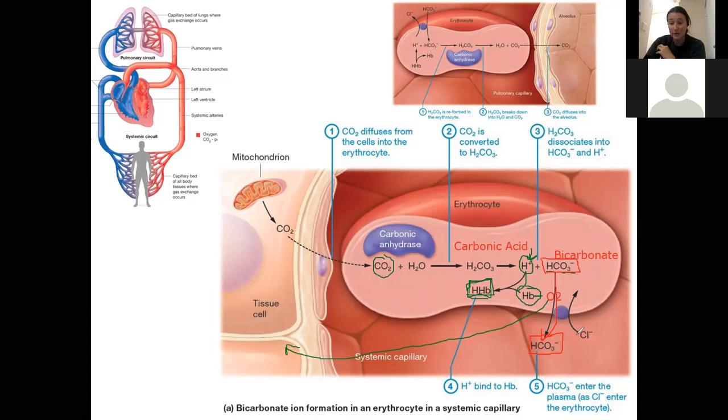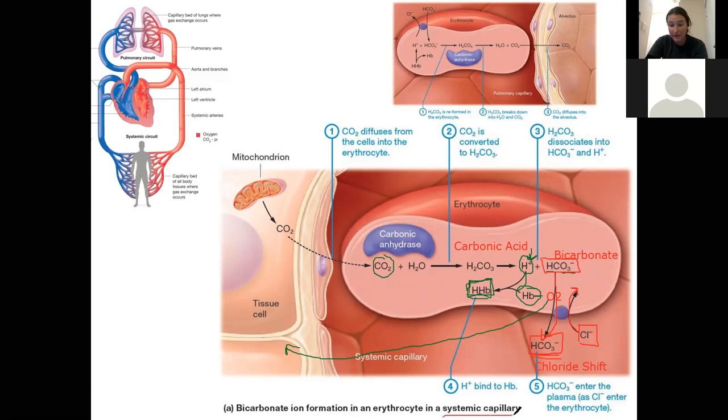And so what we do is we exchange this anion, this negatively charged molecule, with another negatively charged substance. And so we see here that chloride, an anion, is going to be exchanged for bicarbonate. And again, the whole purpose of this is just to keep the charge of the cell neutral. Okay, so this process here is called the chloride shift. Whole purpose is to keep the cell the same charge. Okay, so again, all of this is happening